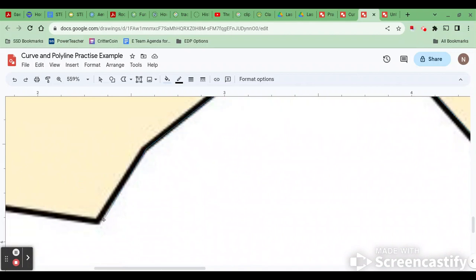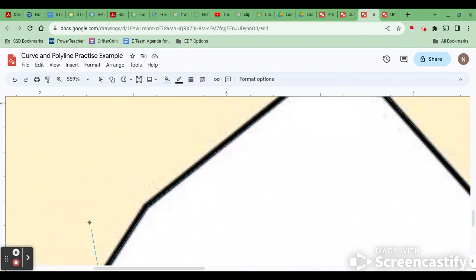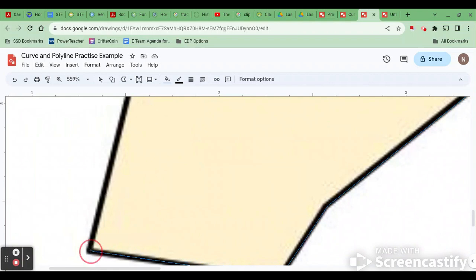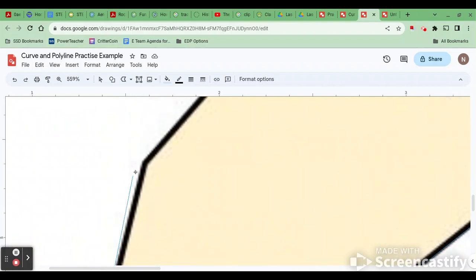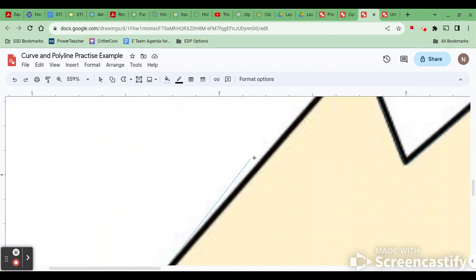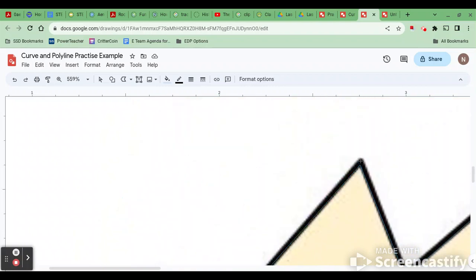Now, the trick with doing this is that when you click, you don't want to click too close to the previous point that you clicked because that will end it. If you double click, you will end it also. There's my start, so I'm at my end. And you can